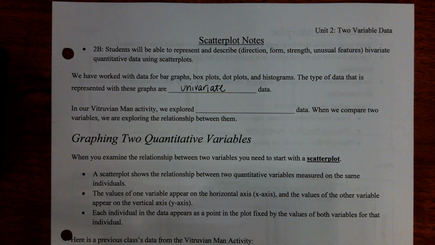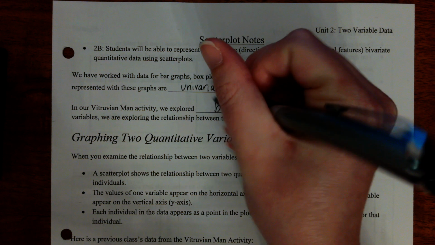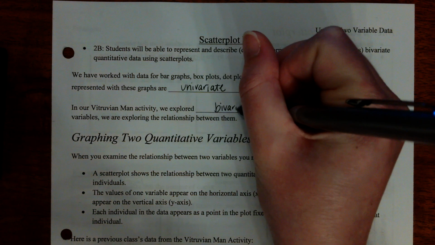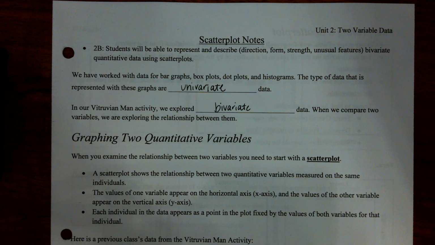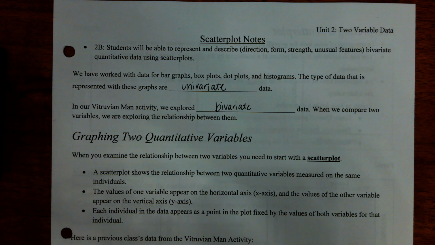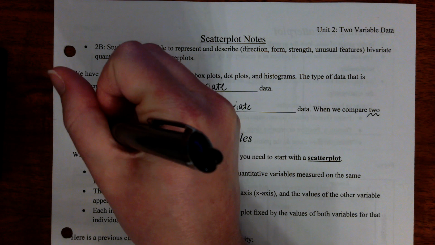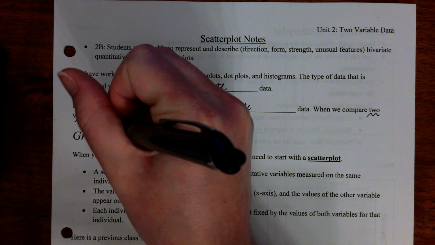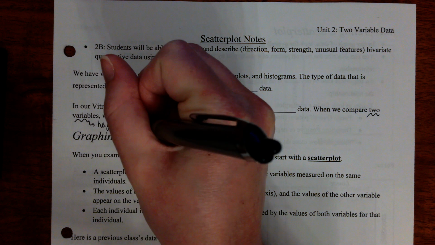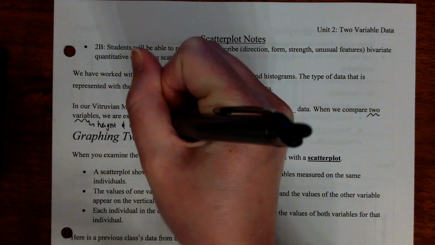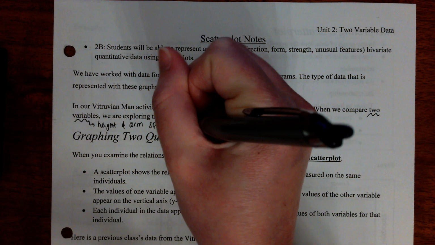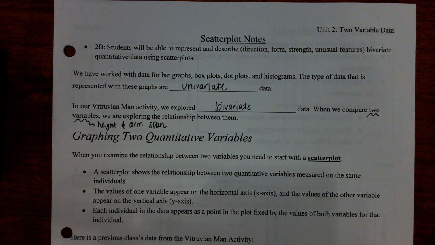Now, with our Vitruvian Man activity, we explored bivariate, bi meaning two, uni meaning one, bivariate data. When we compare those two different variables, we're exploring just the relationship between them. So when we're looking at two separate variables here, remember with the Vitruvian Man, we looked at our height, and we looked at the arm span. And we wanted to see if there was a relationship between those two